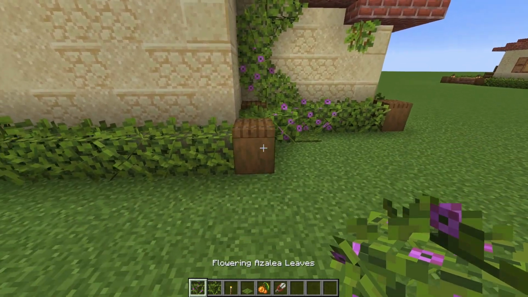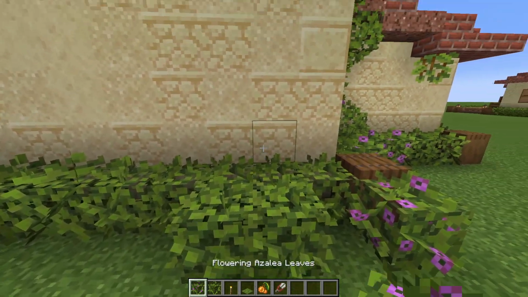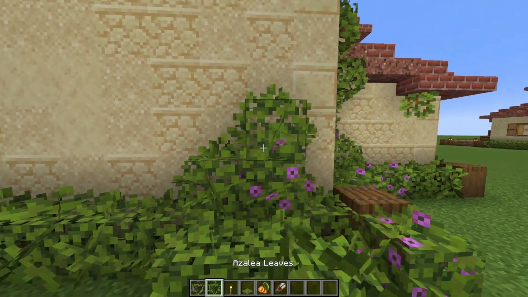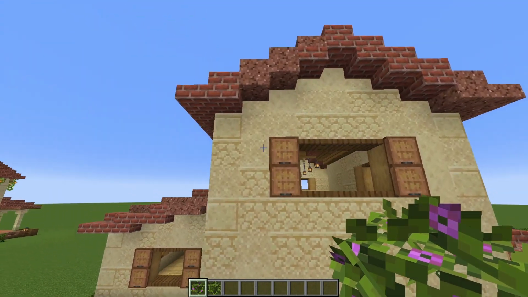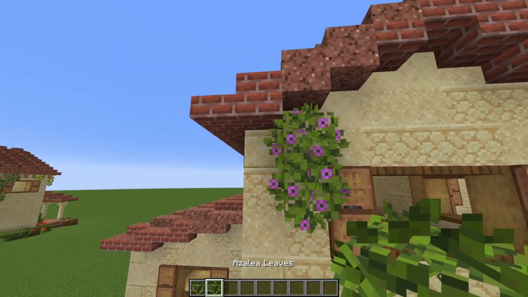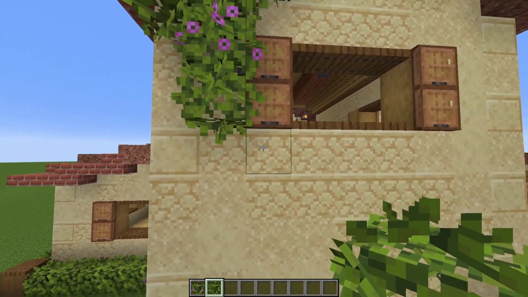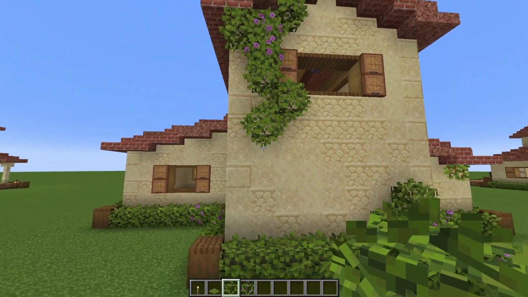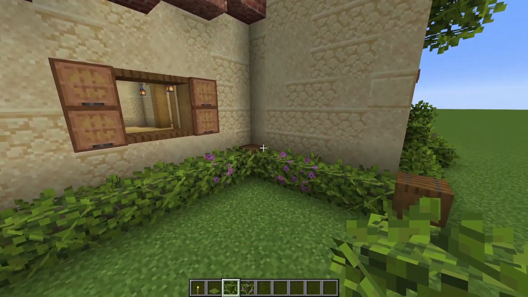Then back to your flowering azalea leaves, we'll place one right there, then 2 regular, a flowering, and 2 regular. And then you can climb up to this window up here. We're going to do 2 flowering azalea leaves there, then a regular azalea and another one, and 1 below and 2 more. And then we will come round to this corner, and we might start at the bottom and work